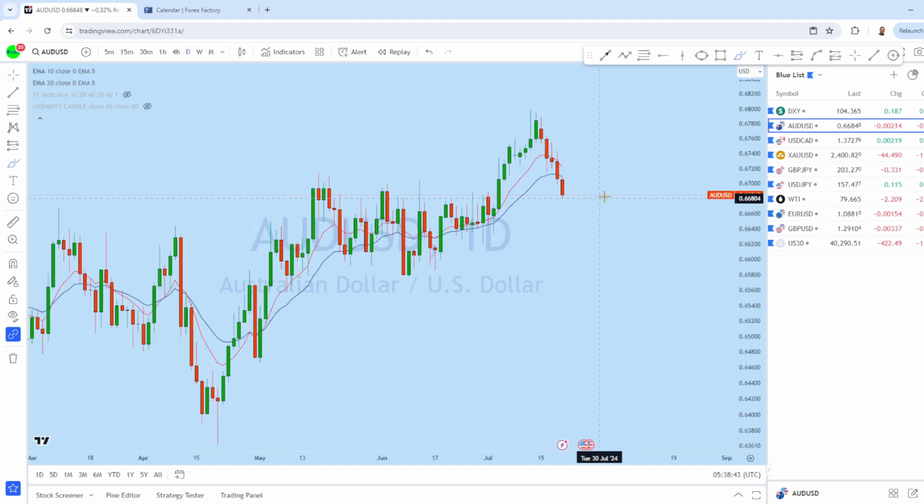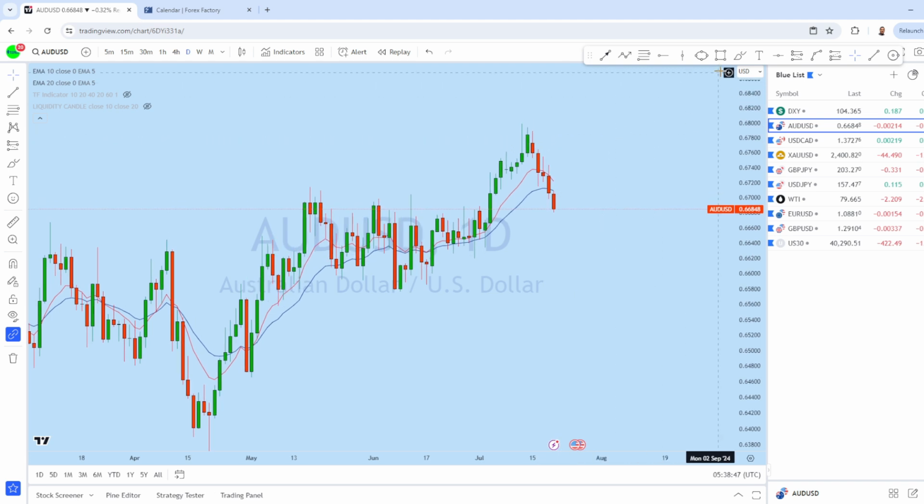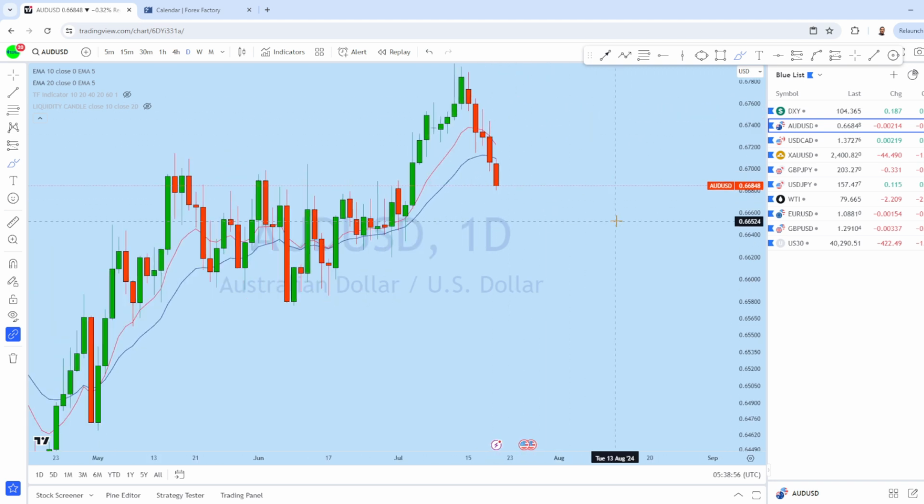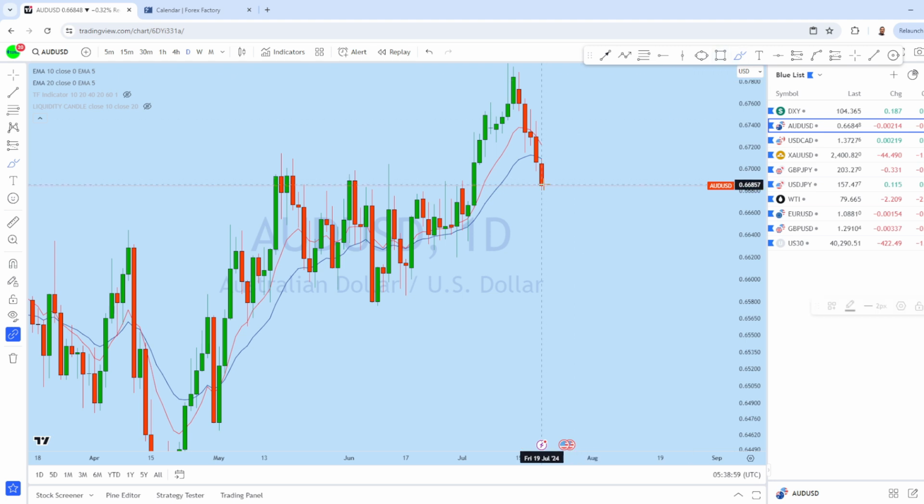So let's see the daily chart on AUD USD. From the daily, we can see that there is a potential head and shoulder formation. Back to back, quite a few days, we have seen that drop on AUD USD. What I think is that we might see this price remaining bearish, as the price has already formed a head and shoulder. We can expect a potential doji or a green candle